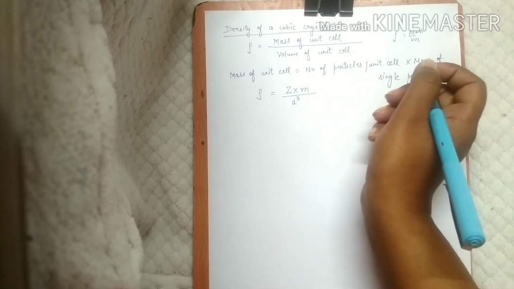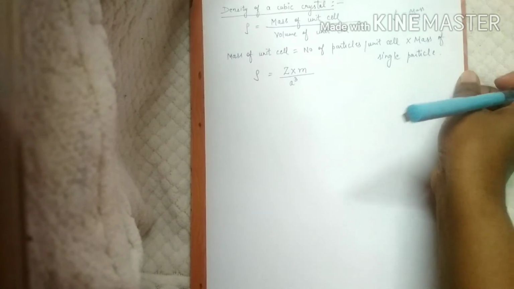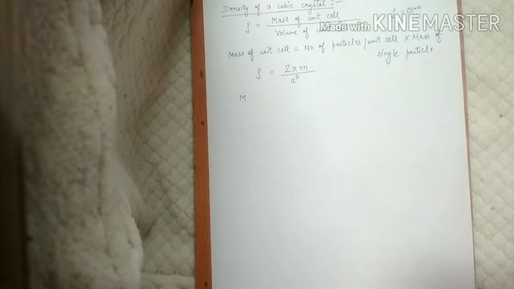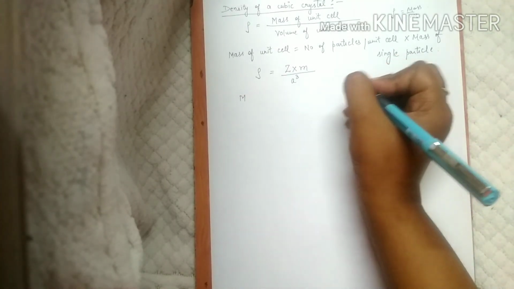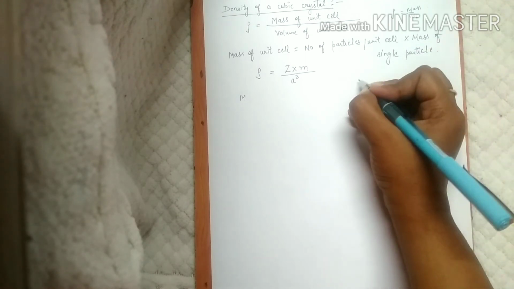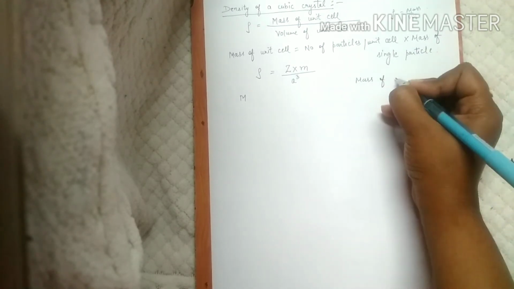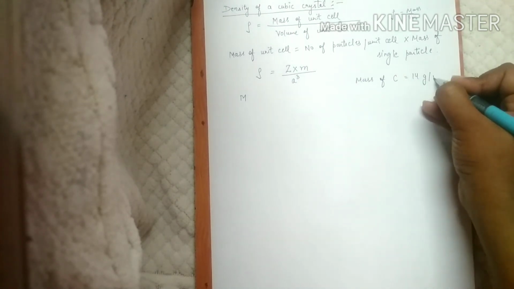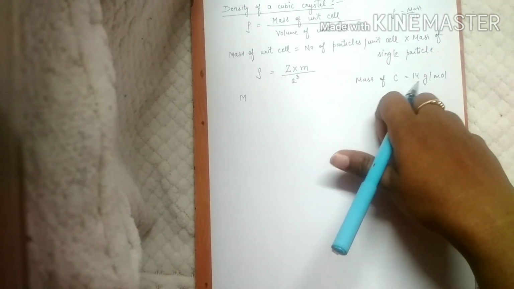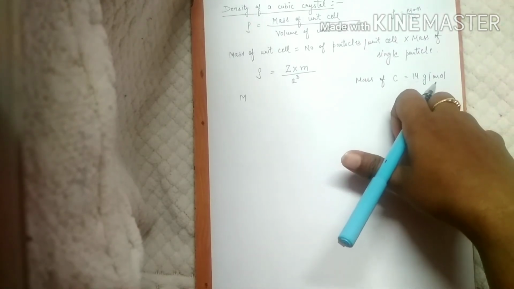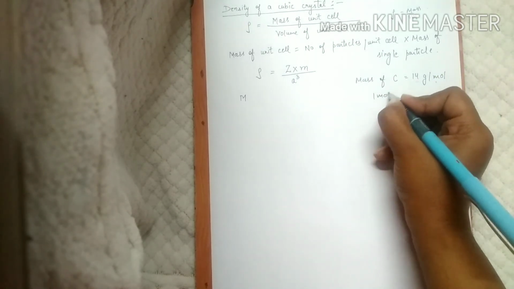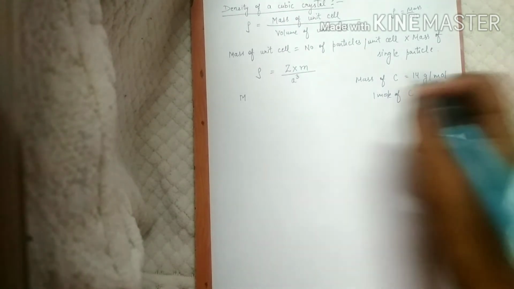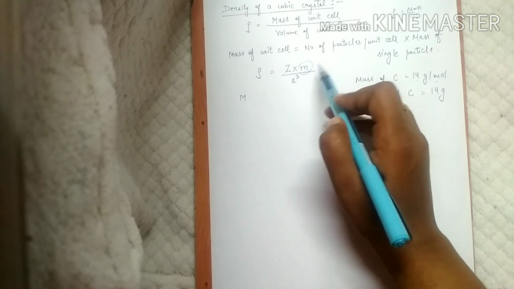So now we know the value of molar mass always. Whenever we say that mass of oxygen is this much, for example, mass of carbon is 14, but what are its units which we know? That is gram per mole. That is, this is the mass of 1 mole of carbon. That is, 1 mole of carbon will be having mass of 14 gram. Okay, but here we want the mass of one particle.